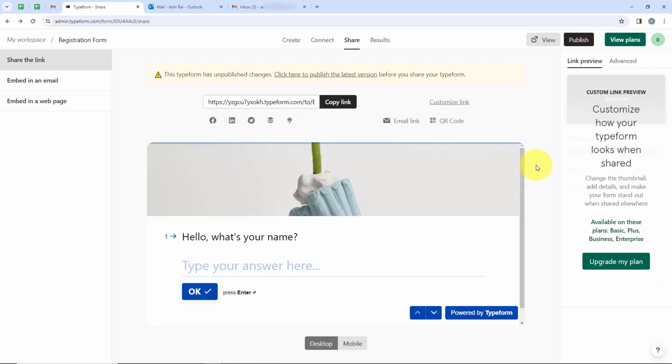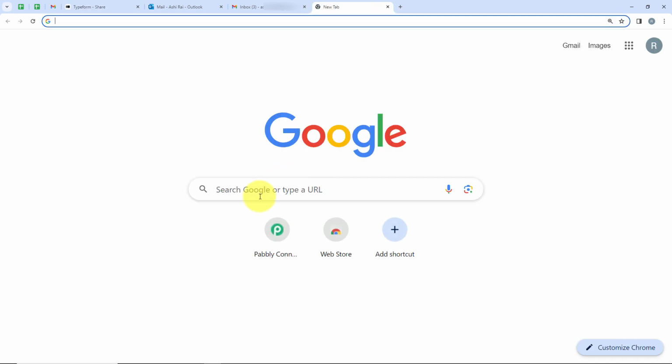Welcome to my screen. So in this video, you are going to learn how to send Typeform submissions on email using an Outlook email. To do this, we'll have to integrate our Typeform account with our Outlook account. And to integrate and connect both of these accounts, we are going to use Pabbly. It's an amazing automation software. So we'll open a new tab, search for